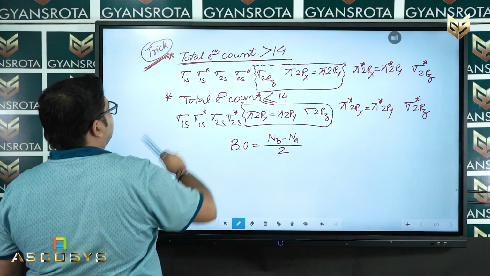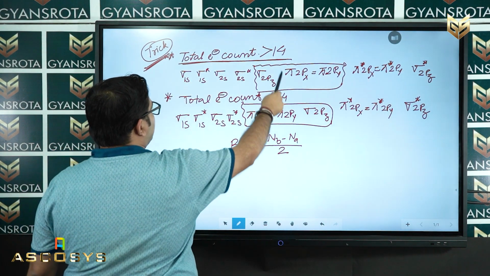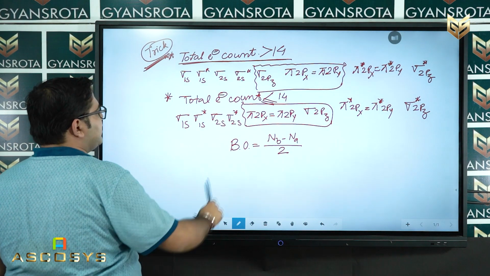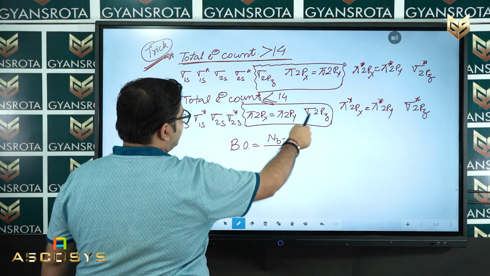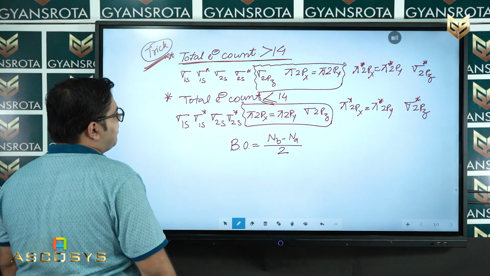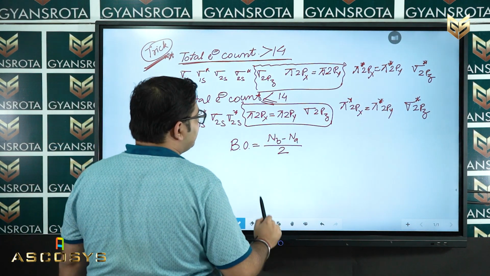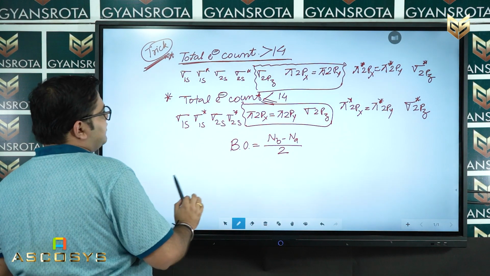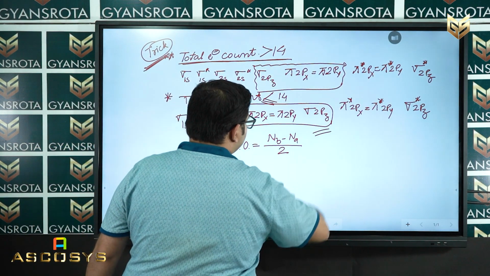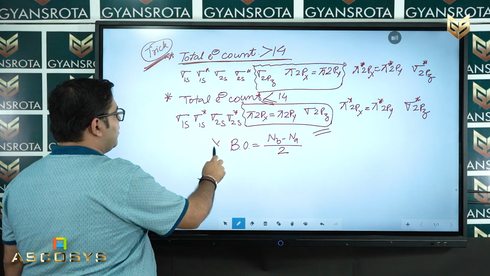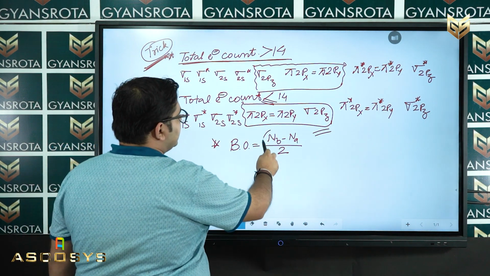If it is greater than 14, then this sigma part will come forward, and if it is less than 14, it will come later, after this pi 2px and pi 2py. The reason is already given in your NCERT as well as in your theory. So this order you have to follow, and for bond order calculation you have